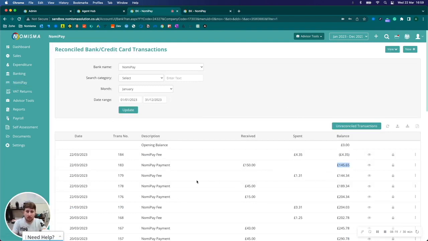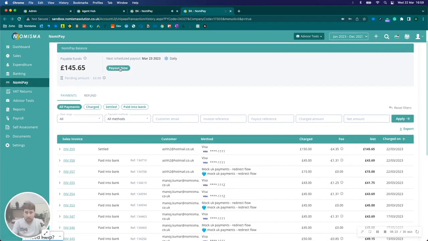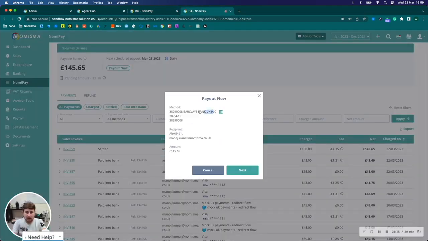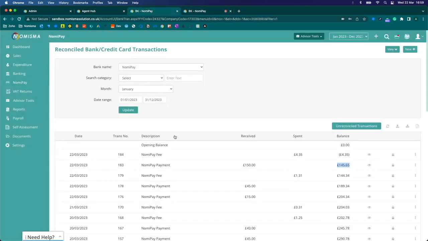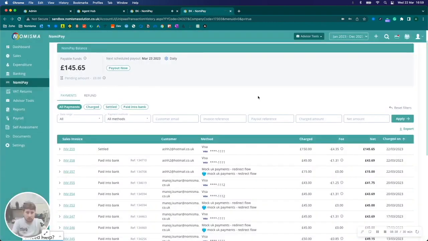Yeah. So when that actually gets paid out, if we go here and select payout now, then we can see the bank account that it's going to be paid out to, and that will actually go into NomiPay as a payment out, and then you'd be able to allocate it against the bank that you've received it into. So the full double entry in relation to this is completely automated for you,